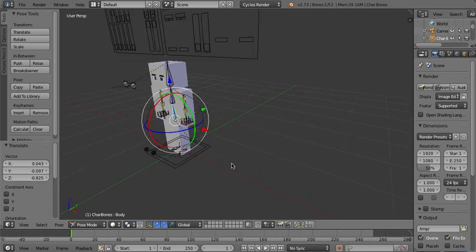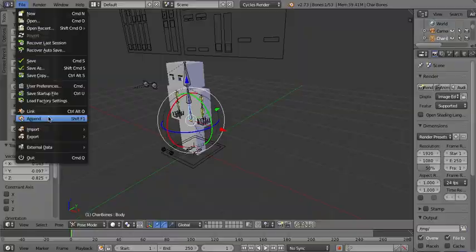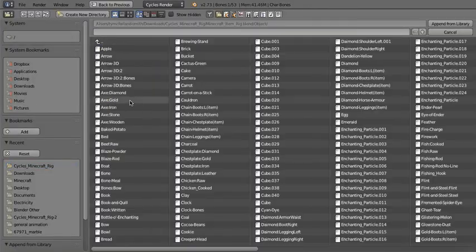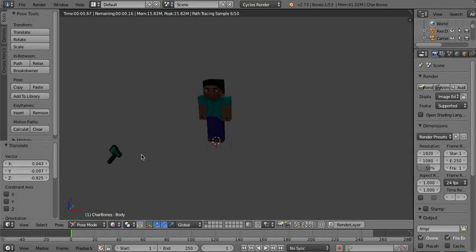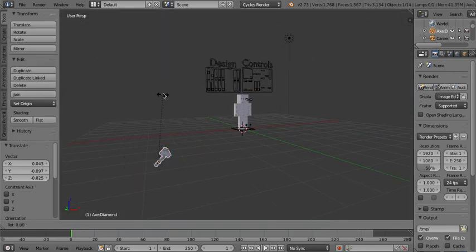So to animate the walk, actually let's start with him holding something. We'll append, and we're going to go into the item rig, and we're going to select object, and whatever you want him to hold, just because it's the easiest to find, I'm going to do axe, the diamond axe. And right here, we have our diamond axe. Now to get him to hold our axe,